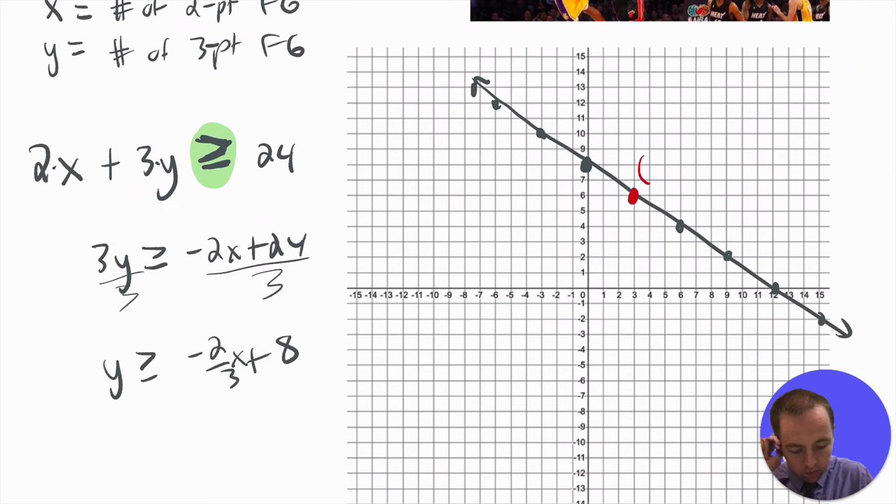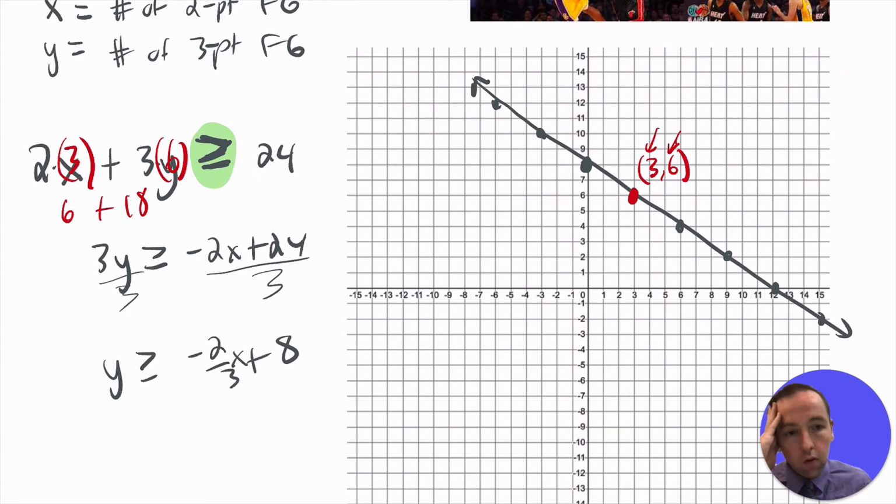Like this ordered pair, for example, (3, 6). The x coordinate is the number of 2-point shots, and this right here is the number of 3-point shots. If you put that into the model, you just get 6 points plus 18 points, and that's going to give you exactly 24. And same thing for any of these other points. Like right here, if you made 12 2-pointers and no 3-pointers, then 12 times 2 is 24 points. What we're really interested in, though, is not just making exactly 24 points,